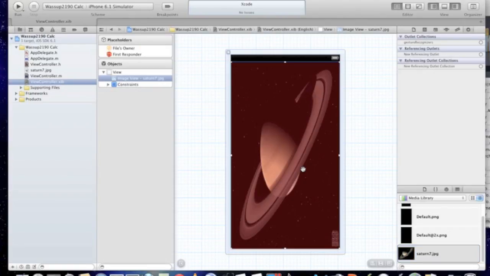And then once you put the image view in, you just click right here, and the picture that you imported will be there. Then you just drag your image in on top of the image view, and it should automatically fit itself in. Alright, now